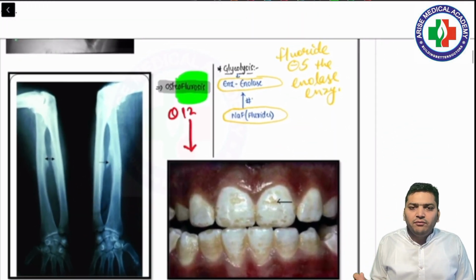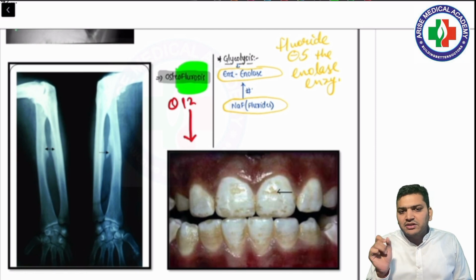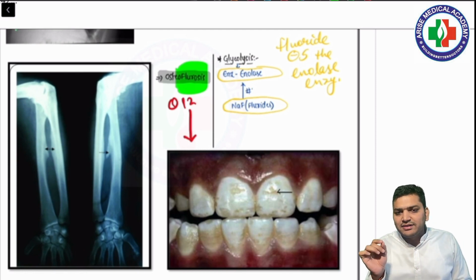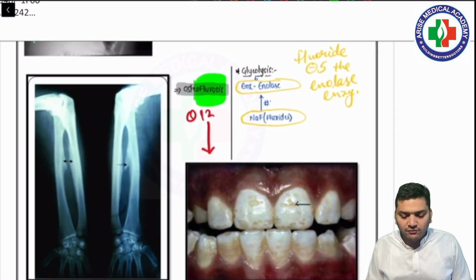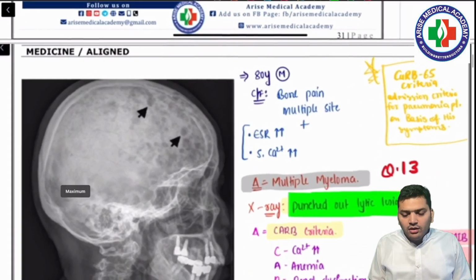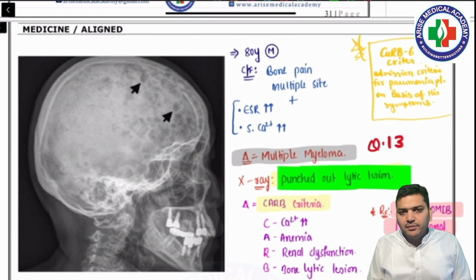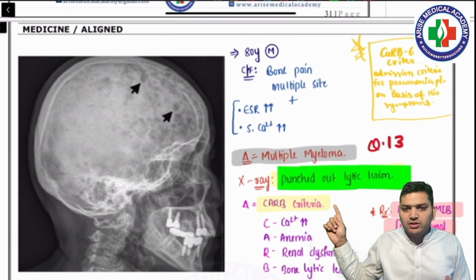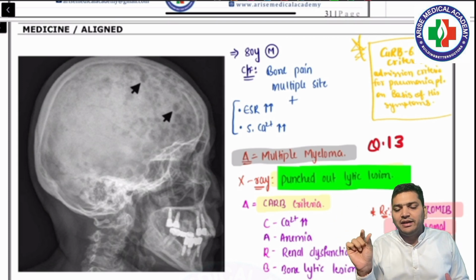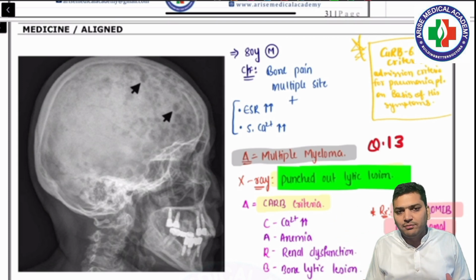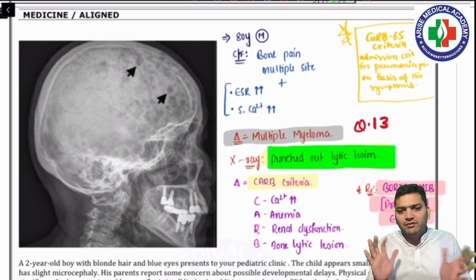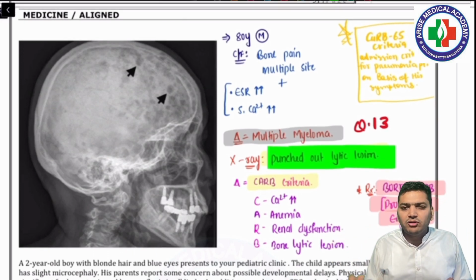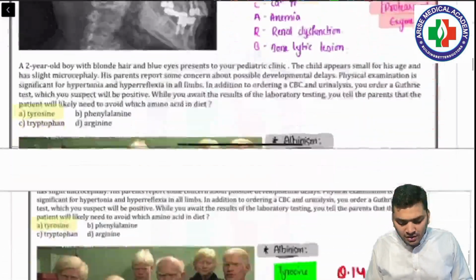The image was not given, and they have just written that teeth discoloration is happening. First it is white, then darkening happens, and that is because of fluorosis. The next was an old age male who was having a lytic lesion on the pelvis. The word they used was the punched out lytic lesion. That was the keyword, and the answer was multiple myeloma. They have given the CRAB criteria also. A long scenario was given, hypercalcemia, anemia, everything was mentioned, but the keyword was here.